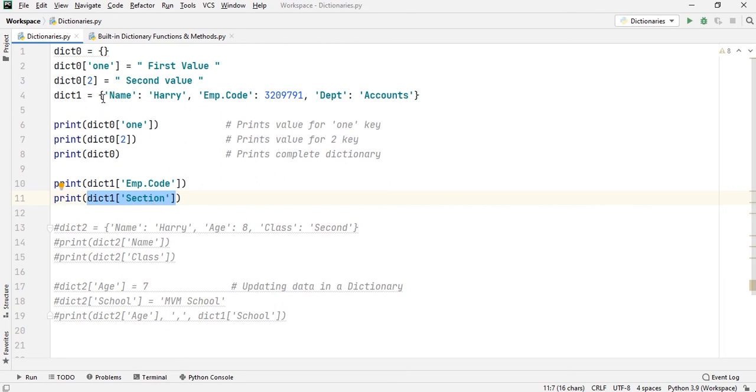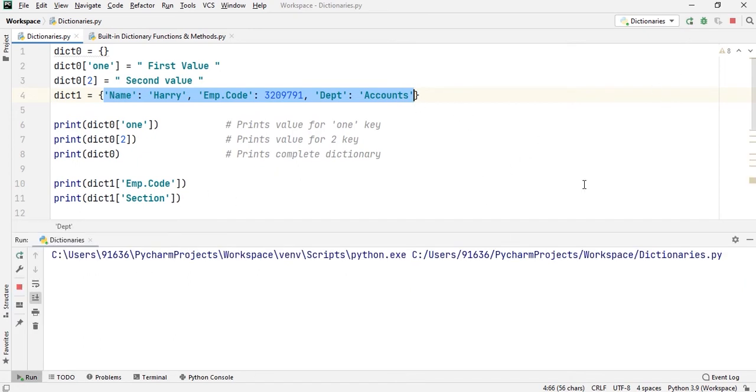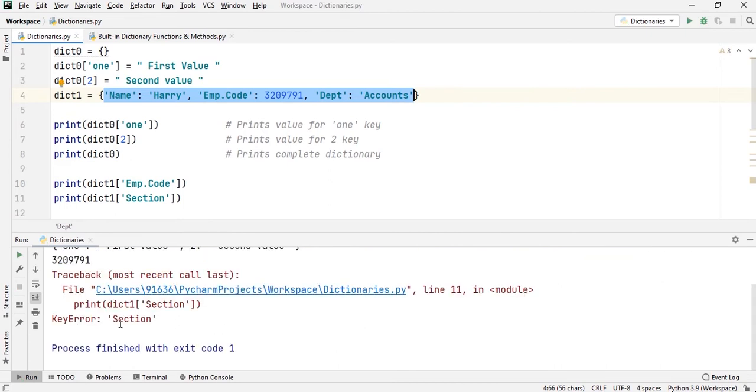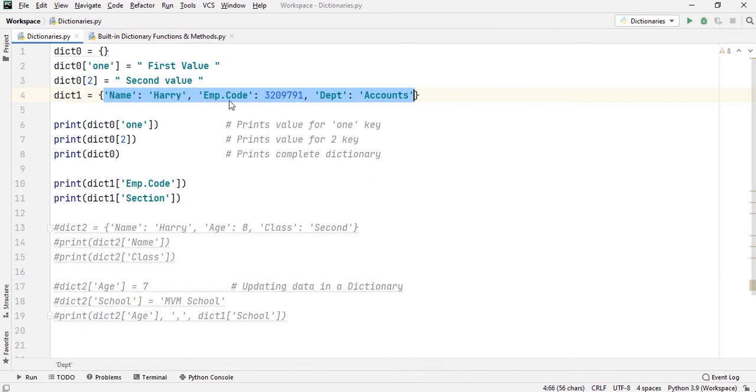But as you can see in this dictionary 1, there is no key called section. Now, when I try to run this program code, I will get an error. The error is, you can see, key error, because this key section is not present in this dictionary 1. So, this is how you can find out errors while working with dictionaries.